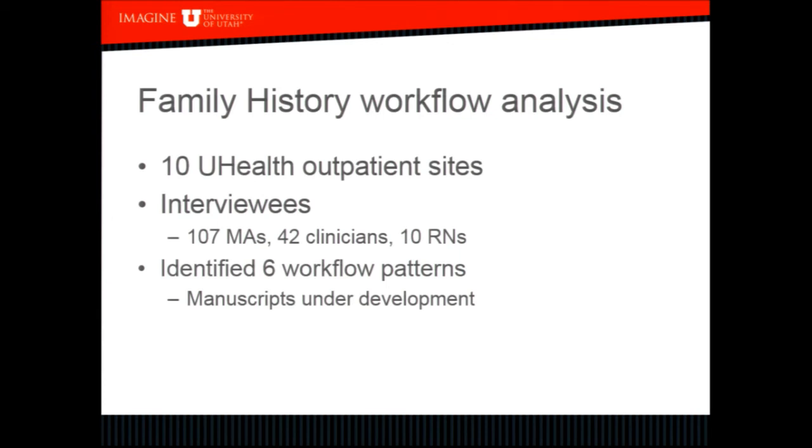Ongoing work, we're about to finish this. We've done an extensive analysis of family history documentation practices at the U, and as you can imagine, we interviewed a whole range of people at 10 UHealth outpatient sites. We found incredible variation in terms of how people document family history, and I think that's not very surprising. The most important is the patterns we found. We found 6 different